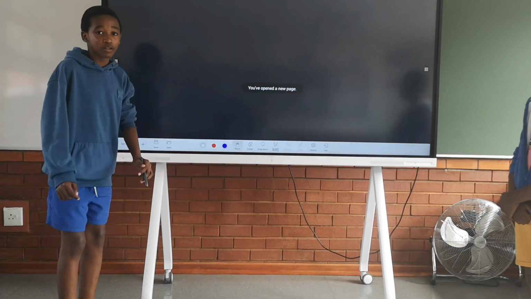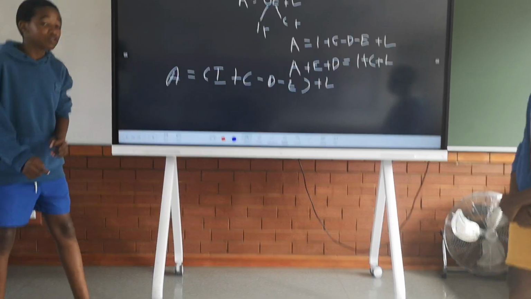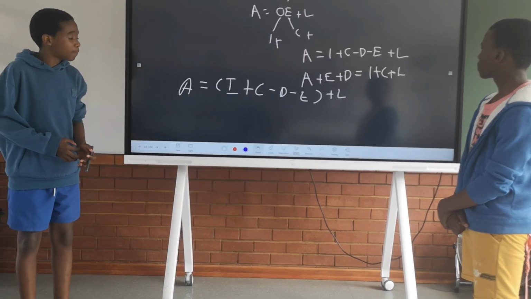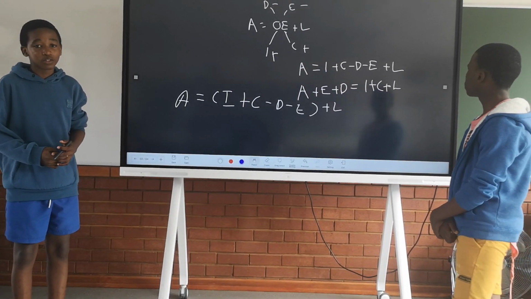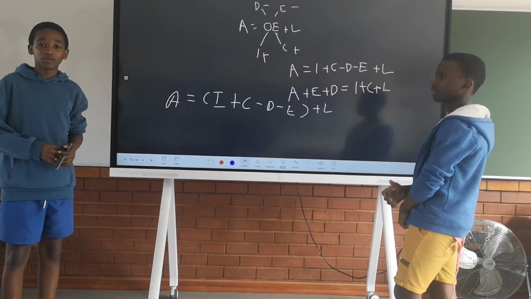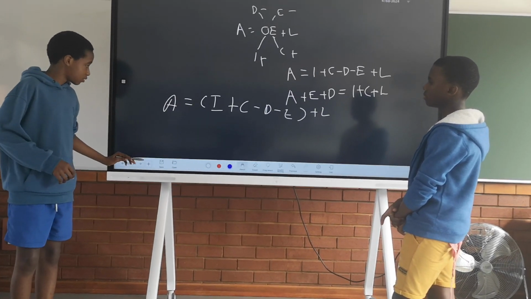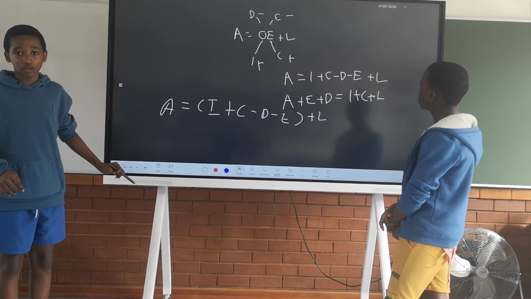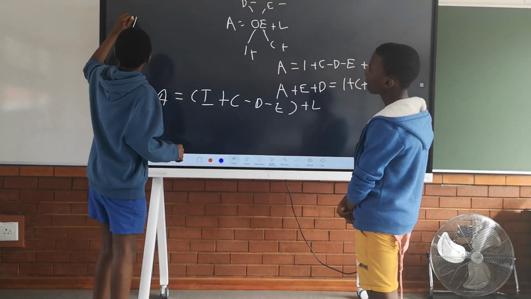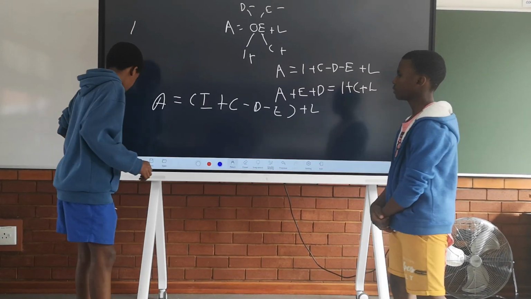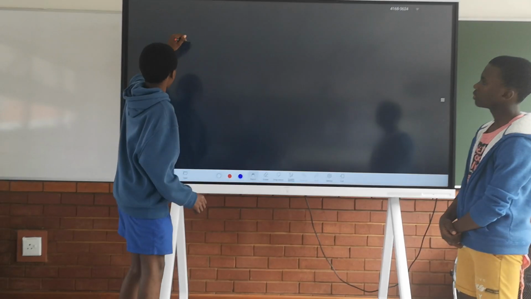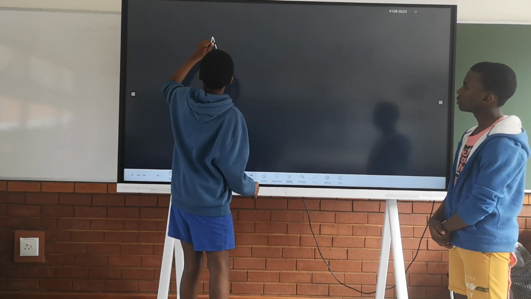Now how do we go back, please? How do you end up having E on the other side? I see that you have got minus E on that side, and you've also got minus D. Can you please simplify that for us? Why do you have E on your left-hand side and you have D on the left-hand side? You can work on a new page, and you have your assets is equal to income and all that. So why do you have that on your left-hand side? Assets is equal to